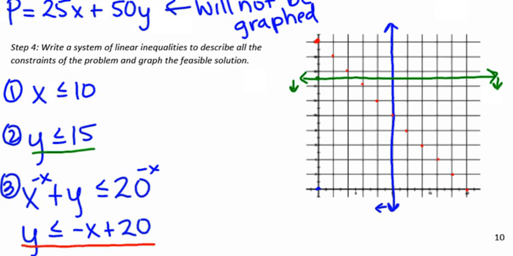Again, a solid line because I have an equal sign in my inequality. It's less than, so I want to be shading underneath that line. So reminding myself there. So where can I shade that would satisfy all three of those? That's going to be under the green line, under the red line, and to the left of the blue line. So in this area here